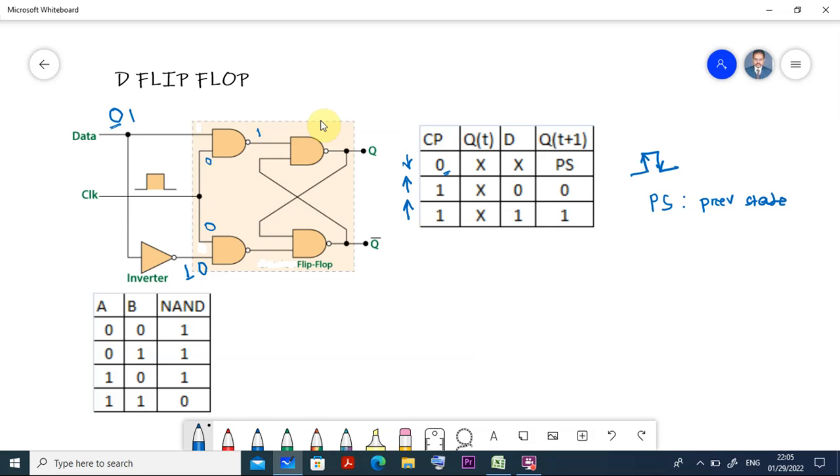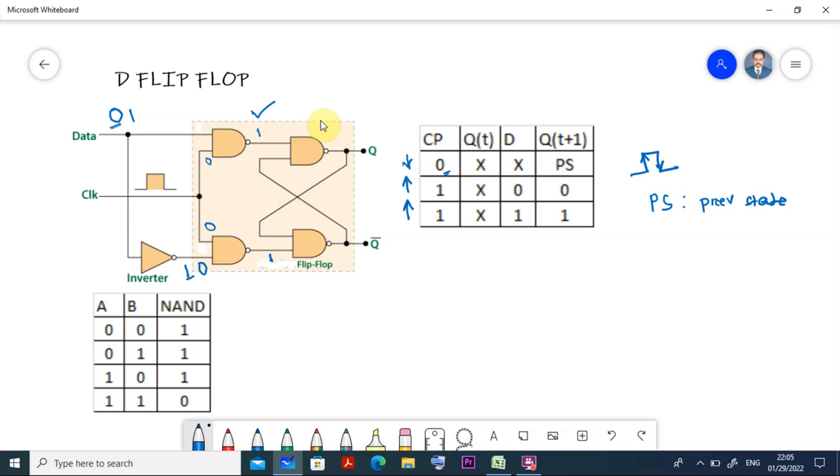If you want, 1 minute, we can take it here. Initially, suppose I provide the data equal to 0. When I put it equal to 0 here, by default it becomes 1. It is okay. And here it becomes 1. And because the clock pulse is 0, 0 1 becomes 0. Here also it becomes 1. Here also it becomes 1. Okay. So are you getting me? So here it is 1. Here also it is equal to 1.